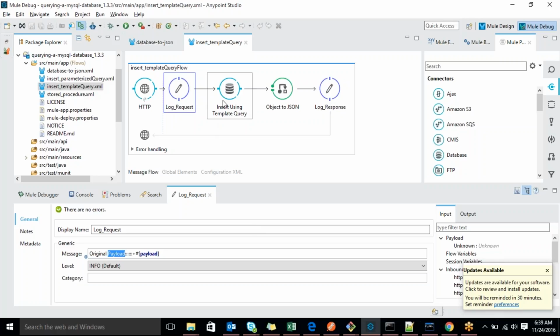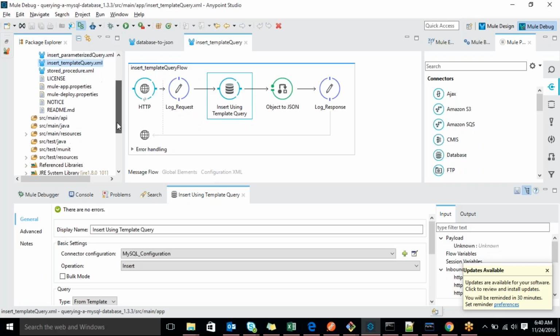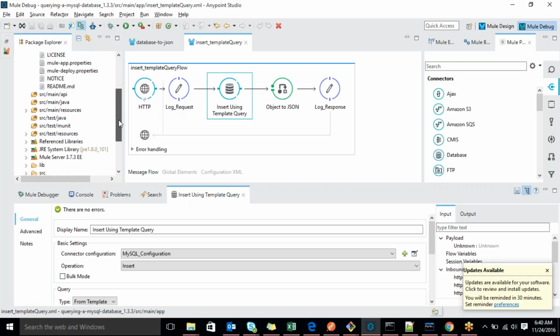Okay. Next, is there any folder where logs will be stored? Yes, we can do that also. If you want to store the logs, under src/main there is a log4j file. We can write the folder creation and store the logs in that. Whatever logs are generated, we can store into the log4j file.